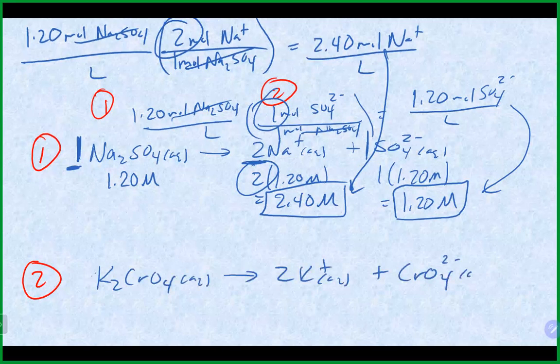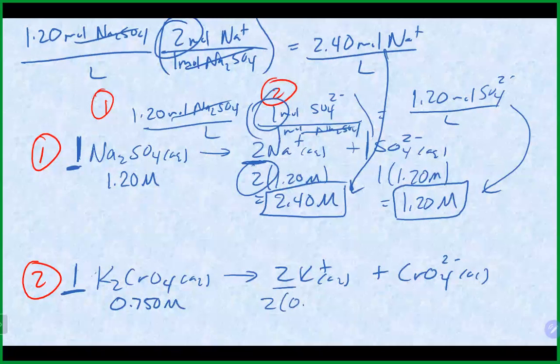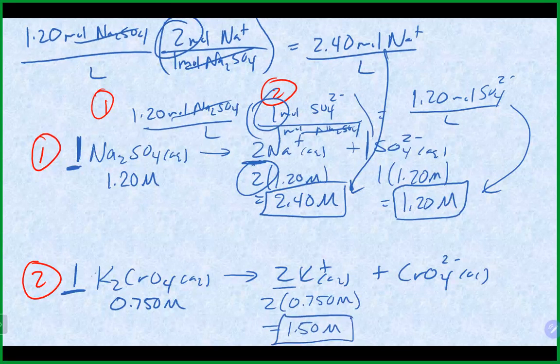the -2 charge. And this was 0.75 molar. So once again, taking the quicker calculation, a 1 to 2 relationship means we should take 2 times 0.75 molar. And for our potassium ions in that solution, the concentration would be 1.5 molar. And we could do the same thing for our chromate, which would be a 1 to 1 relationship here. And we'll take 1 times the 0.75, which means it will stay the same,